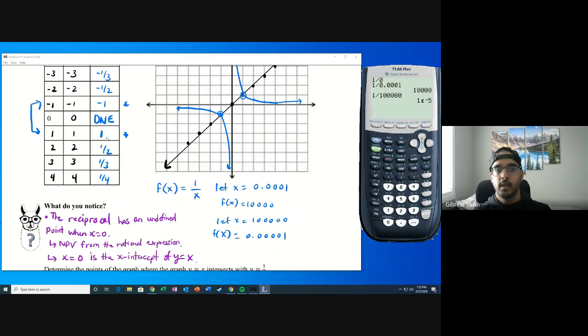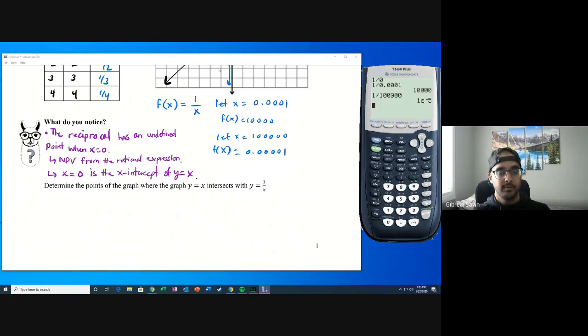Those 2 points were the same on the reciprocal graph. So those 2 points are the intersection points of those 2. So the points, and this would have been (1, 1) and (-1, -1), are intersection points